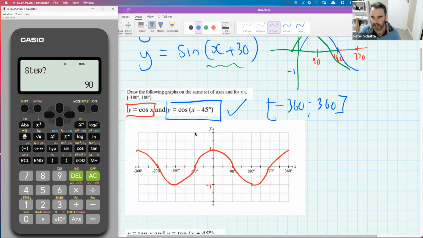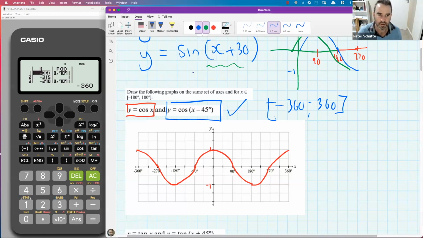What would you try next? Yeah, 45. I think so. Like 45 might show us, or 30. 30 could also work, but I'm going to stay with 45 for now. So let's say 45. And what I notice is when I look at my table, sure, at minus 360, the